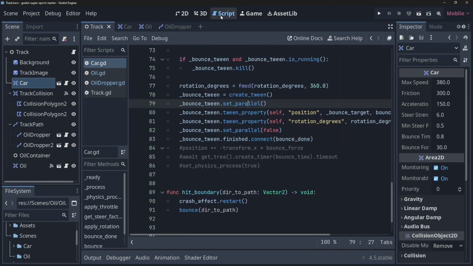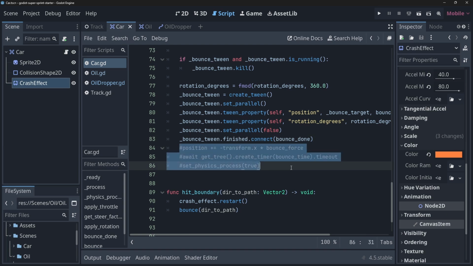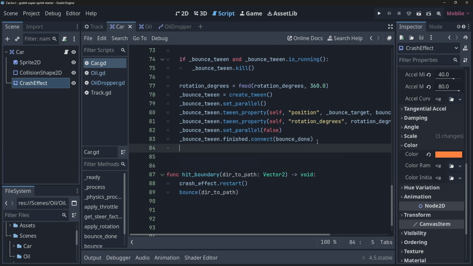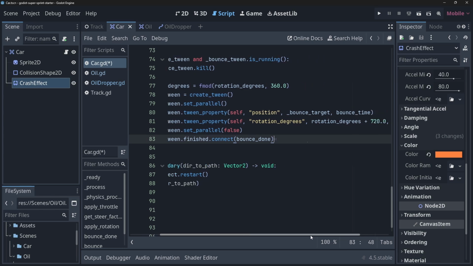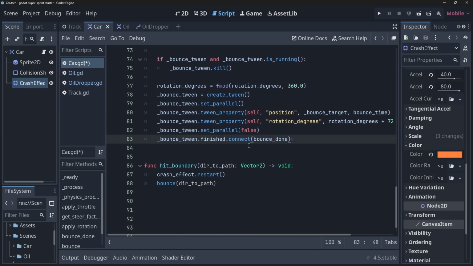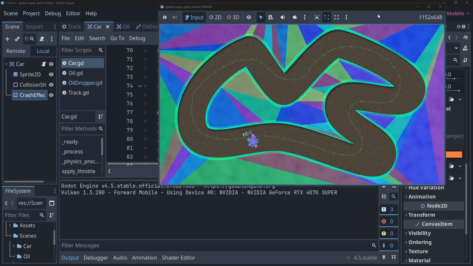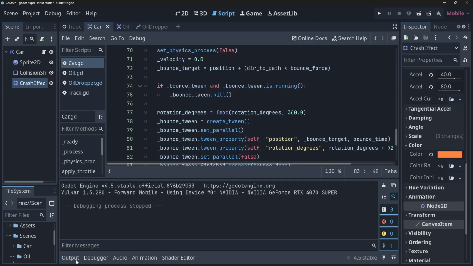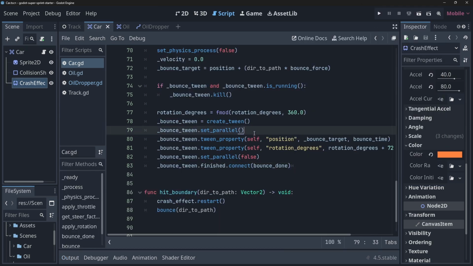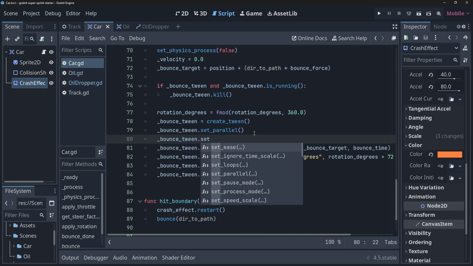I'm going to drop into the script view, select the car scene and the car.gd. One thing I would like to do is delete this commented code from here; I don't really need it anymore. Whilst looking at things before pressing record, I noticed something I had forgotten on the tween, and that's some easing in and out. At the moment, when I run the project and crash into the edges, it's a very linear effect. It's still pretty good, but you can add a little more by doing some easing in and out. So on the bounce tween, we can call a function called setEase,